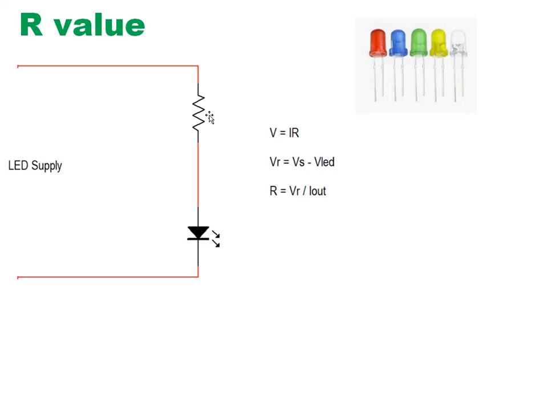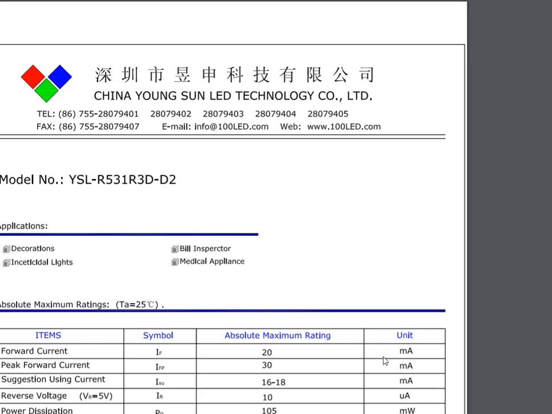We know Ohm's law: V equals I times R. Say the supply voltage is 12 volt. We have to know the forward voltage drop of the LED as well as the forward current of the LED. If you are using a 3 mm or 5 mm commercial LED, I can show you the generic data sheet, or if you have a specific part number, you have to open the data sheet of that LED. I'm showing the data sheet here for you.